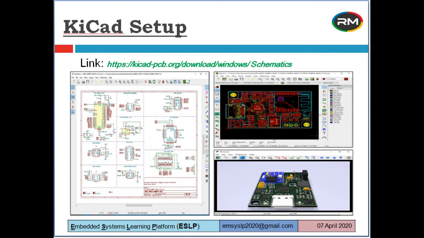Coming to KiCad installation, the user needs to go to the KiCad site using the link given in the slide and download the latest version of the software suitable for his operating system. The downloaded software can simply be installed by clicking the software with its administrative rights. The window shows the snapshot of the installed software.